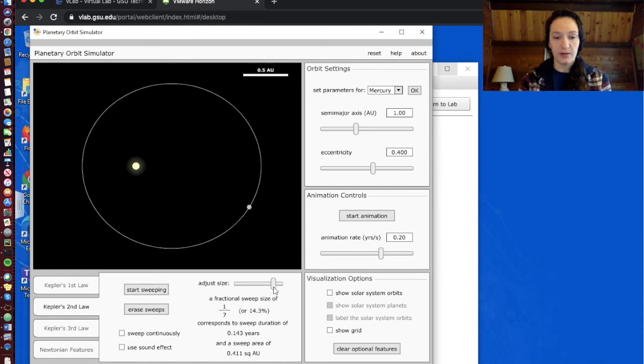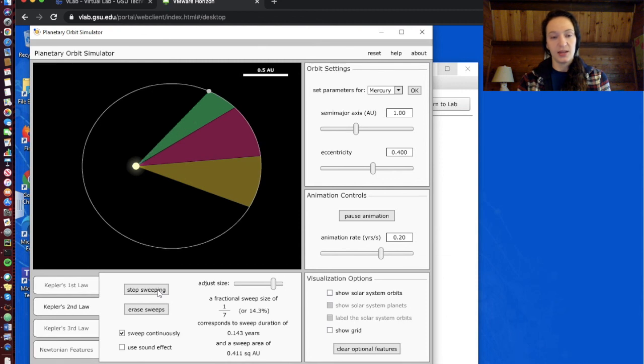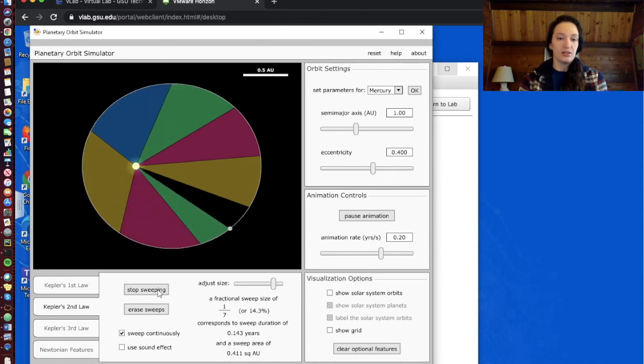Okay, there we go. Very nice. See, 1/7 or 14.3%. Then you want to click Sweep Continuously. Once you have this set up, click Start Sweeping. And you want to watch as the planet orbits around, it'll sweep out all of these different